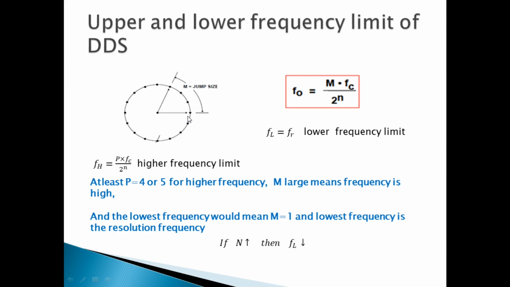If I take a larger jump, I'll get the higher frequency, and if I want a low frequency, I can go as low as m equal to 1 and have a low frequency,